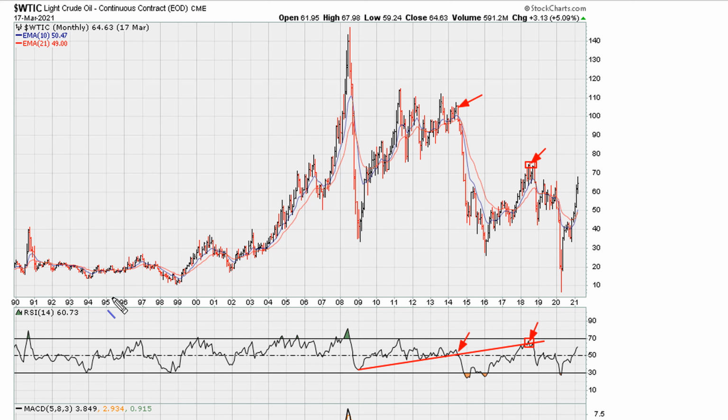Remember, this is a big picture chart going back to 1990. Now let's do another line. I'm going to do this line and I'm going to extend it. You do it like that, that's fine. It connects the prior lows. As you can see, the double bottom lows of '98, lows of late 2001, and these lows here in '07, '06. And again, we see a break